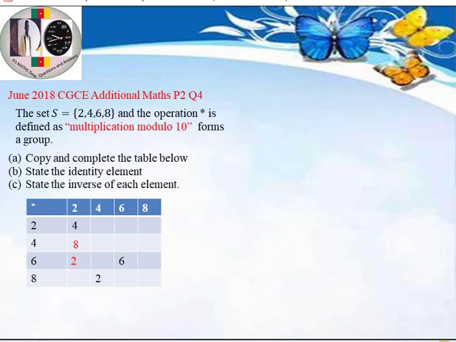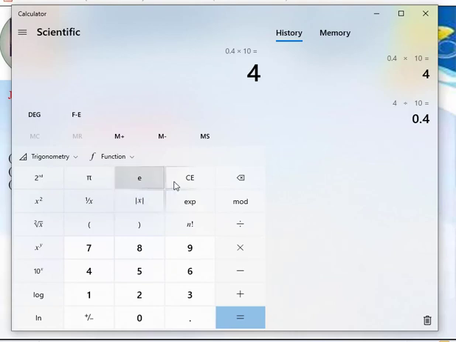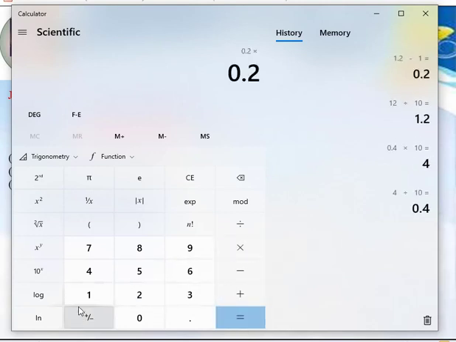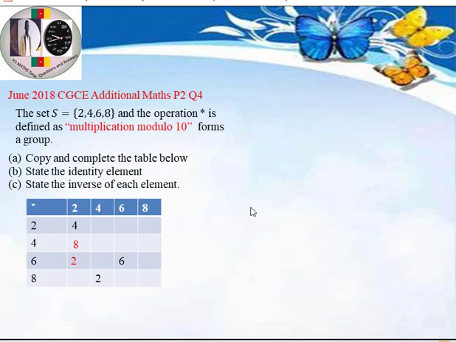Or if you use our calculator again, we are going to have 12 divided by 10, which will give us 1.2. We are concerned with the decimal, so we would say 1.2 minus 1, it will give us 0.2, and this 0.2 we multiply by what? The modulo, which is 10, and it will give us the number 2. So that is that. So 2 times 8, which is 16, modulo 10,